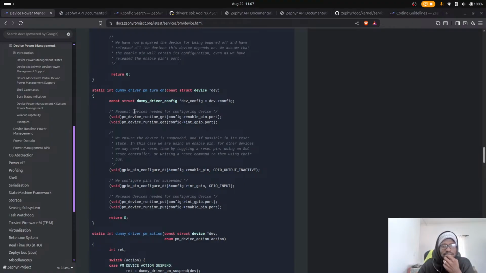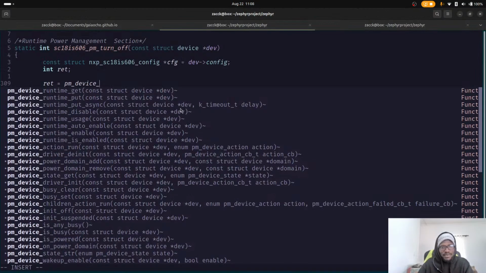I need to implement this. So get the enable pin, get the GPIO, turn that off. Yes, get in PM, yeah,